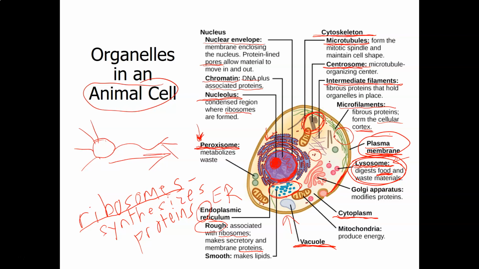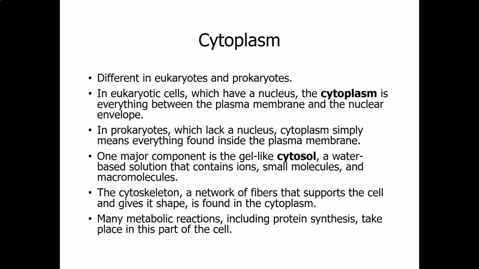Centriole is not on the slide, but we will talk about centrioles in just a minute. On this slide, it's just talking about cytoplasm and cytosol. Inside of a cell, the cytoplasm is everything between the plasma membrane and the nuclear envelope. So it includes organelles, and the cytosol is simply the